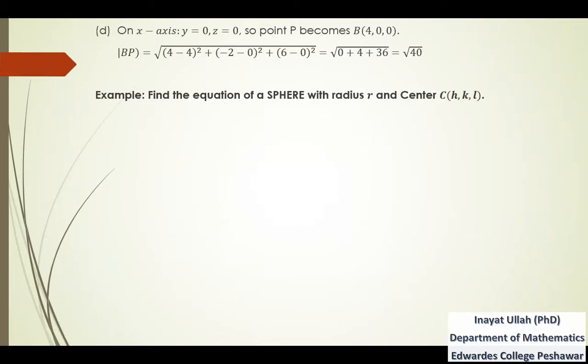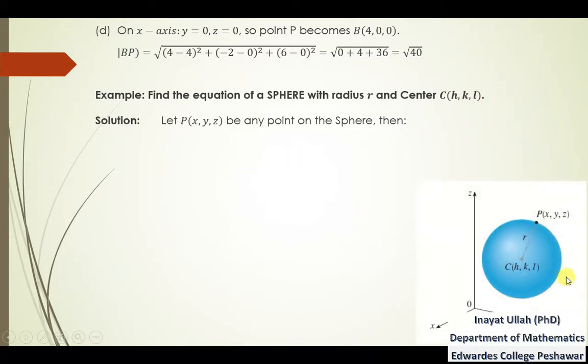But a sphere is a football, and a football cannot be drawn on a wall, but a football can be considered in a 3D space. So a football is actually a sphere. So how could we find the equation of a sphere, the equation of a football whose radius is r and the center is (h, k, l)? Just look at